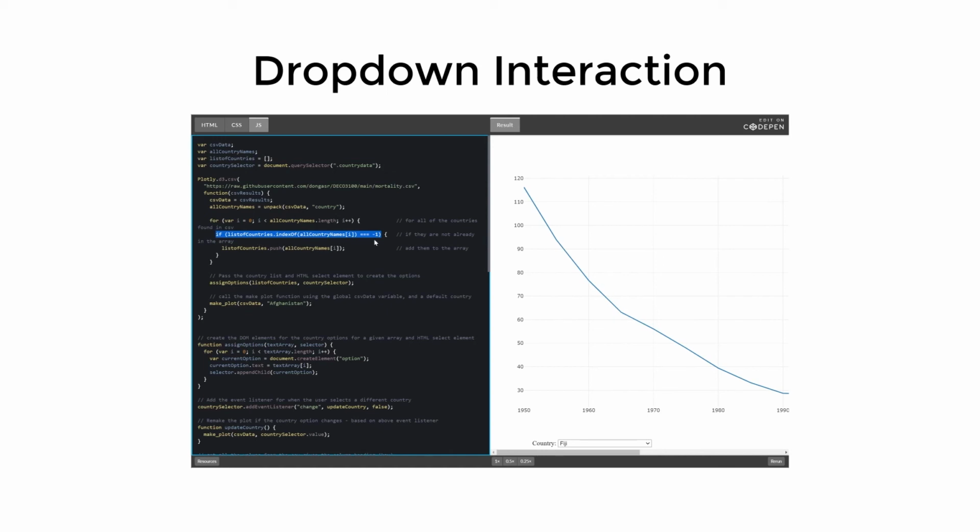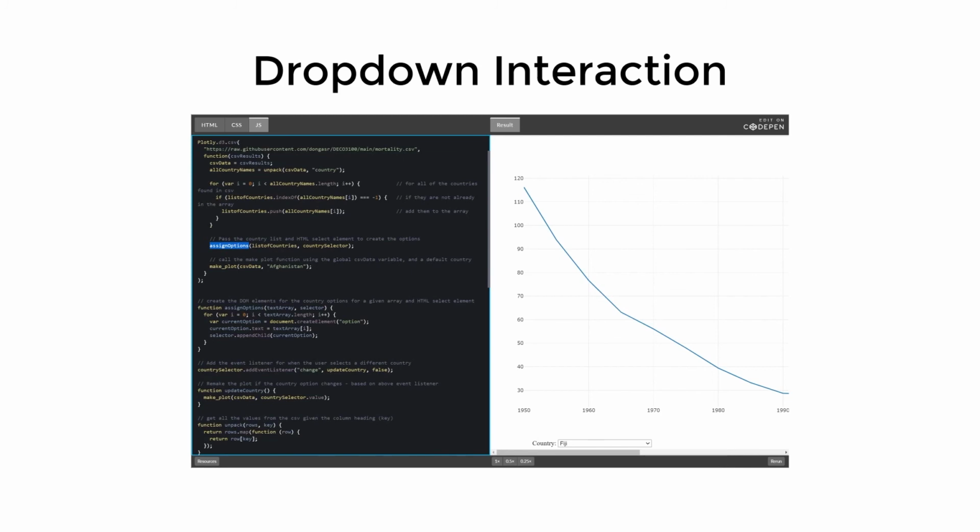And that's what this line is doing here. It's saying that if the list of countries does not already include the current country based on our for loop, then we would like to add that to the array called list of countries. After that, we call the assign options function, which passes in the input parameters of the new array of filtered countries